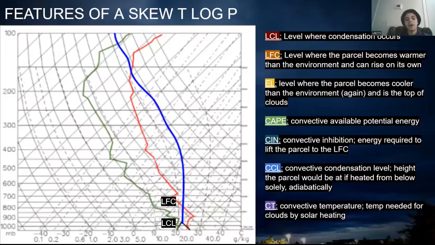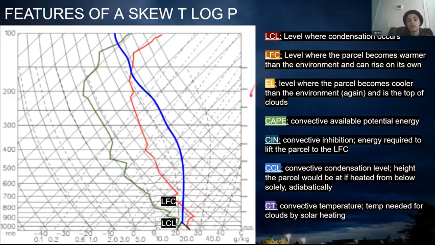Okay, that's better. I think I sometimes say LCF on accident because least common factor, but it's LFC, which stands for level of free convection. And why it's called that, it's where the parcel can rise on its own. Below this, it's not able to rise on its own. And we'll talk about that in a second. But once it gets to here now, because it's warm, doesn't that make sense? Because it's warmer than its environment, it can rise now